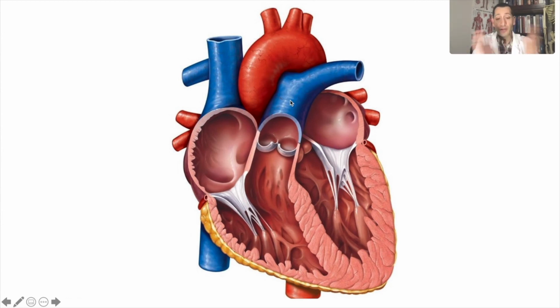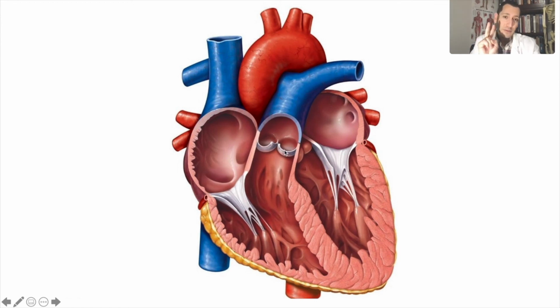Now what has to happen? Well, the heart has to go back to step 1, back to its initial state. In other words, the ventricles have to go from ventricular systole to ventricular diastole, relaxed once again. This creates a vacuum. This creates low pressure here and high pressure here, causing the blood to want to move back to where it came from, and this wrong direction causes these two valves to shut,